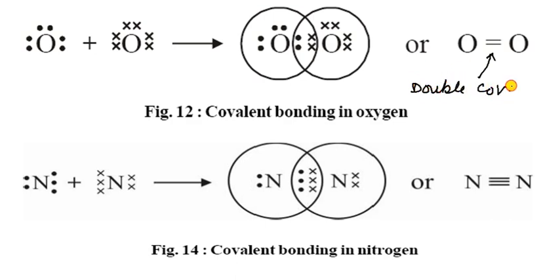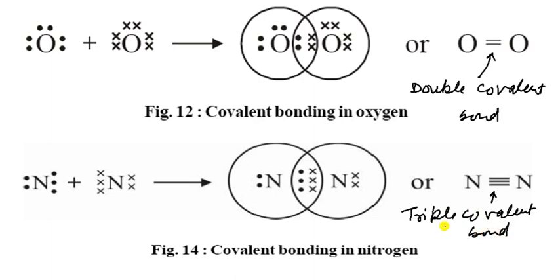Let us see what happens in oxygen. There are 2 oxygen atoms. They have 6 electrons in the outermost shell, and the other also has 6 electrons in its outermost orbit, and they share like this. And there is a pair of electrons, so they form a double covalent bond. That bond is called a double covalent bond.